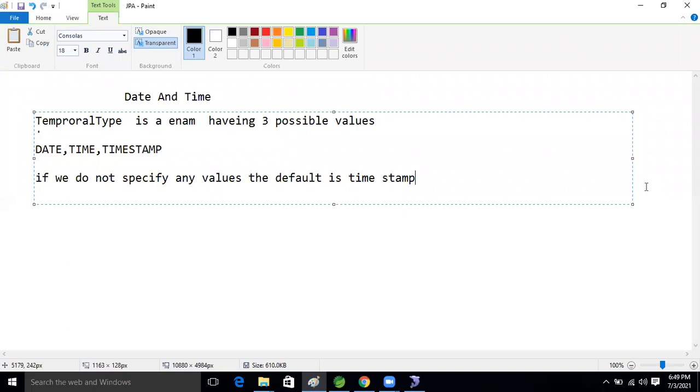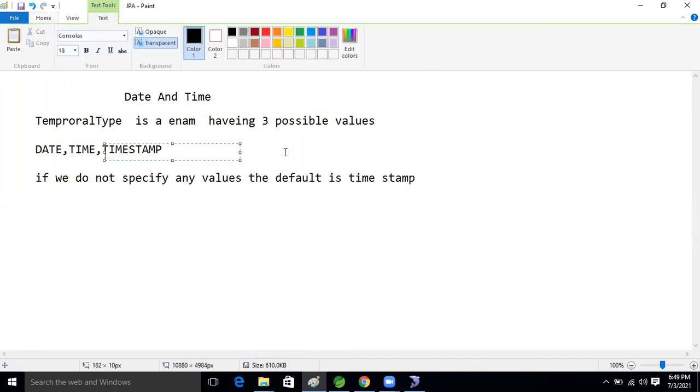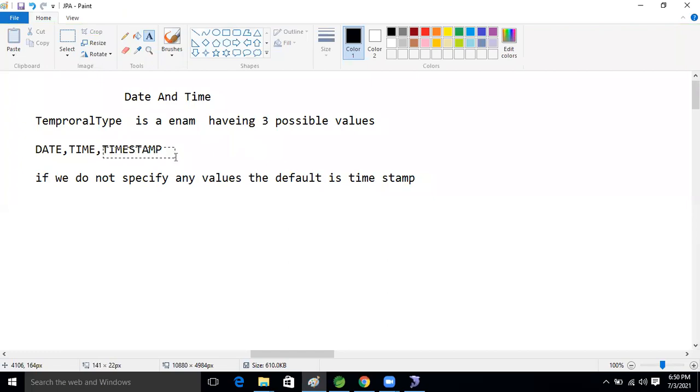Timestamp means day, month, year with every second. Time is only time. Date means date only. But timestamp is the combination of date, time, seconds, and milliseconds too, everything. And this one is the default.